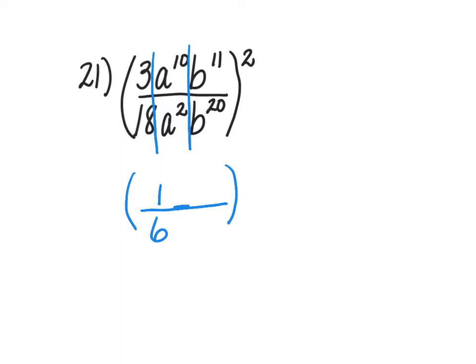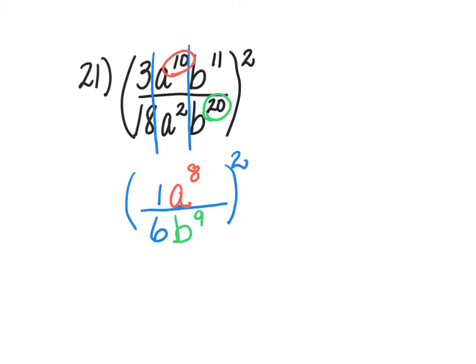Now I'm moving on to my base of a. I have more a's on top, so I'm going to write the result on top. 10 take away 2 is 8. Moving on to my b's, I have more b's on the bottom, so I'm going to write my result on the bottom. And 20 take away 11 is 9, and they are all going to be raised to the 2nd